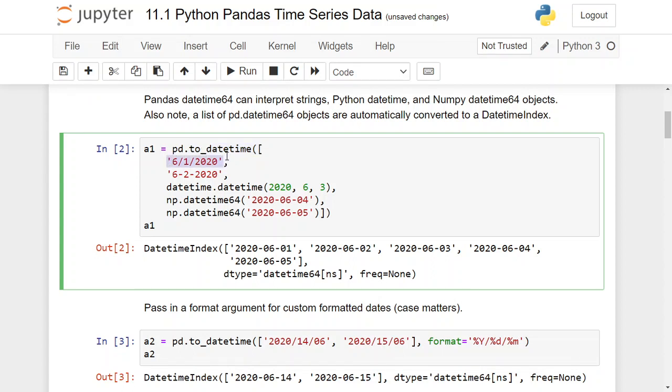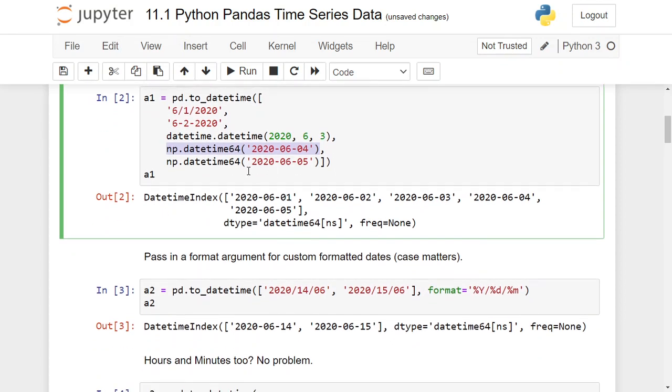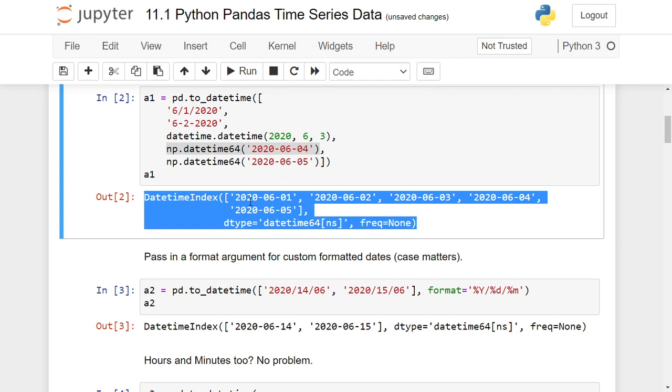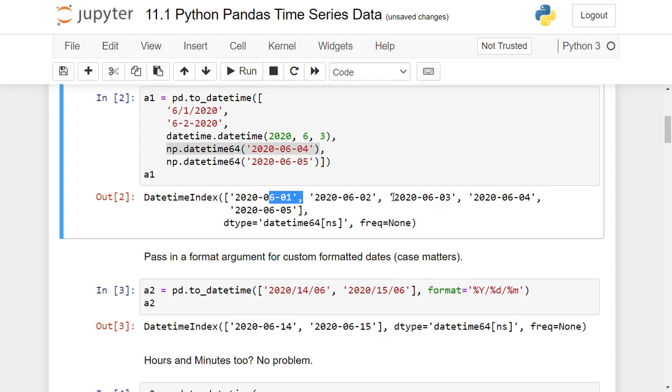You have a datetime string in a different format, and then datetime, just the regular Python datetime data type, or NumPy datetime, and then different shape, different type, different structure. It will eventually be formatted to the same datetime. So when you run this, you're going to get these results. So that will be actually the same